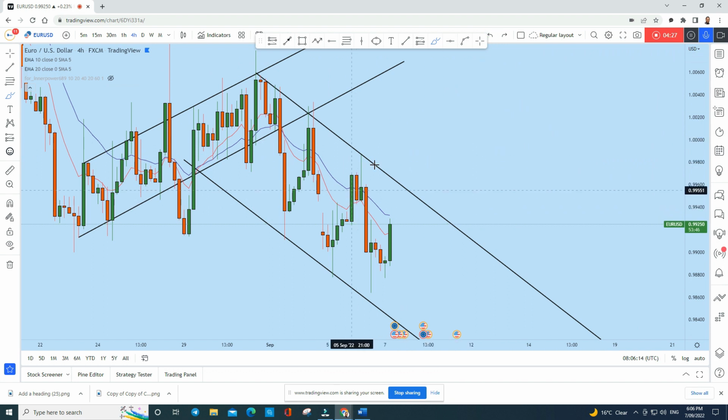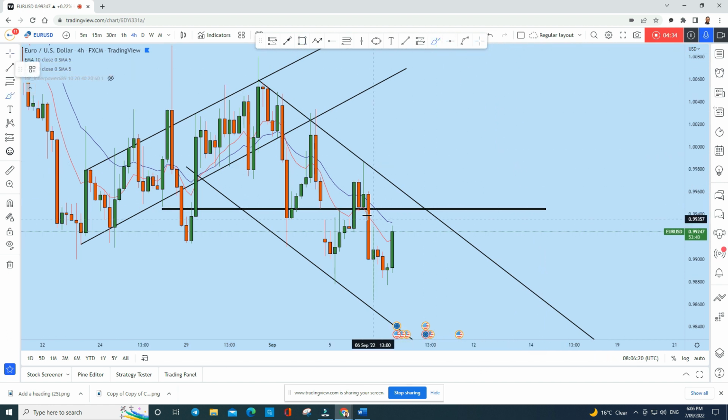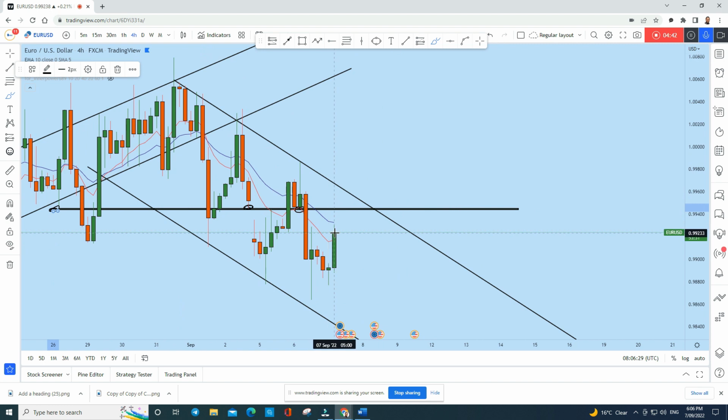So I think Euro Dollar is likely to test this zone. This is also a very important level of support, acting with this green candle, support here with this gap opening. And also you see in the past this level acted as support here as well. With this 20 period moving average on the 4 hour time frame, Euro Dollar could test this moving average and this previous support zone as resistance, or we could even see a breakout from here, test this